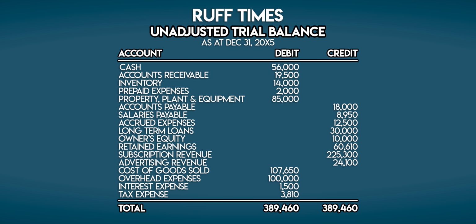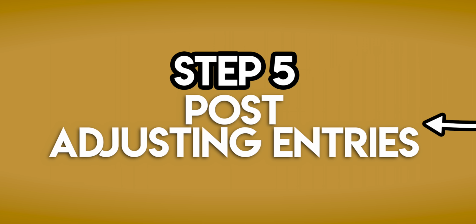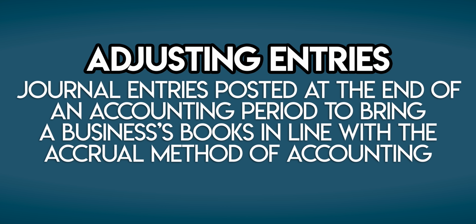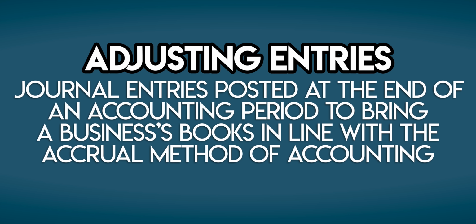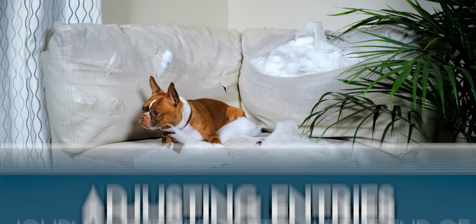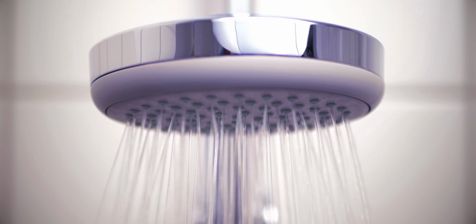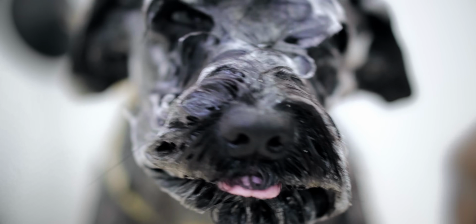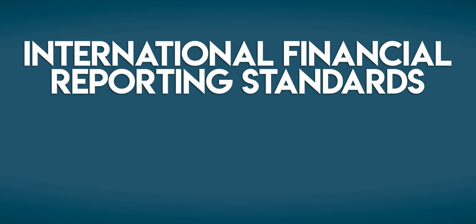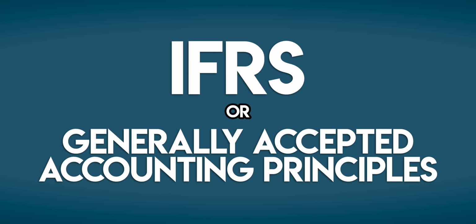But we will. Now actually, because you've ended a financial year, we need to post some adjusting entries. Adjusting entries are journal entries that bring your books in line with something called the accrual method of accounting. What's that? To understand, you really need to know about the accounting rule books. Yes, accountants have to be good and follow the rules, but the rules change a bit depending on where you're based. You might follow the International Financial Reporting Standards or some variation of the Generally Accepted Accounting Principles, IFRS or